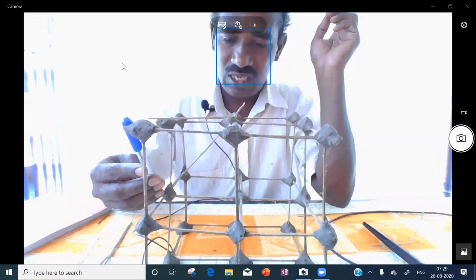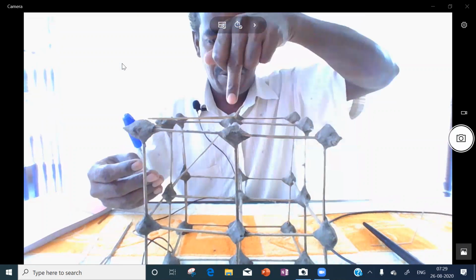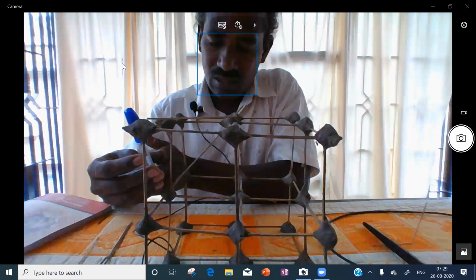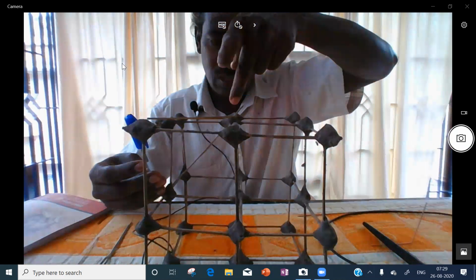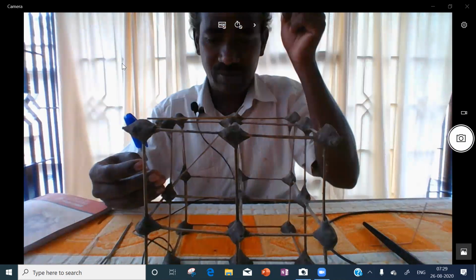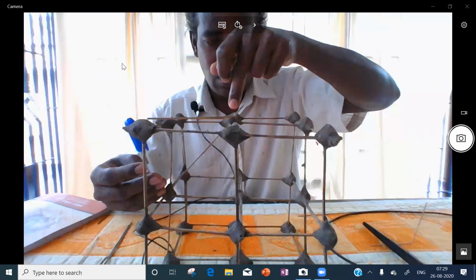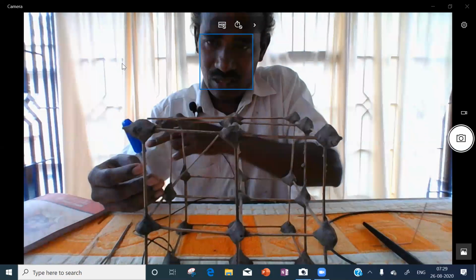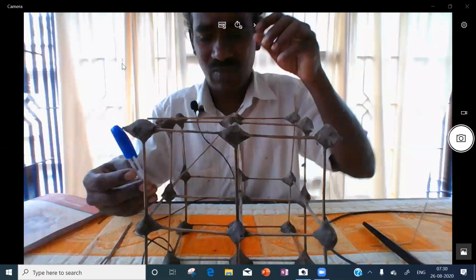Is it one triangle you see? Top face to side face to corner, corner to top face. This is the second triangle.